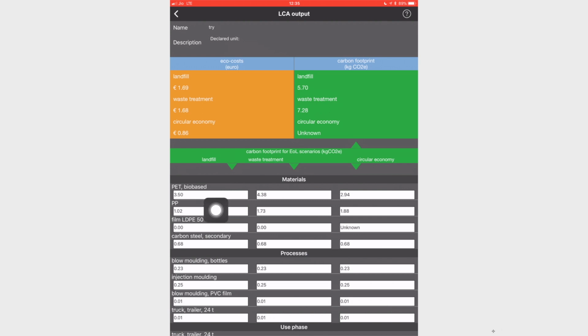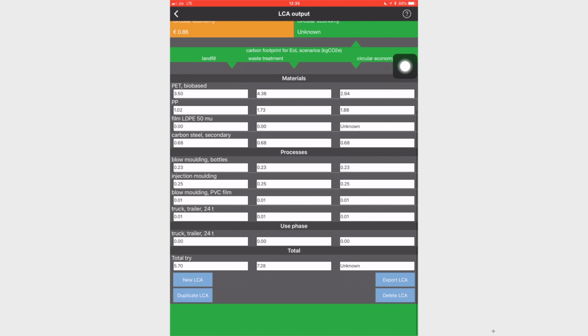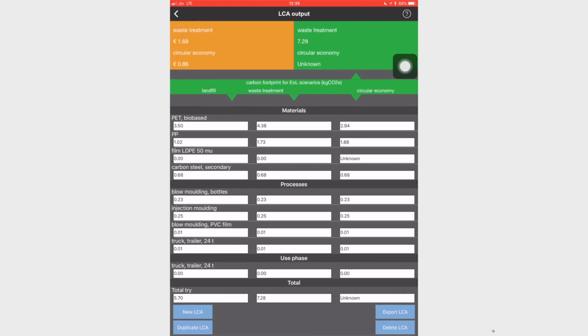For each and every material I know from here the landfilling CO2 equivalent, then for each of the processes the waste treatment carbon footprint is given, and so on. If I scroll down I can see the whole picture.